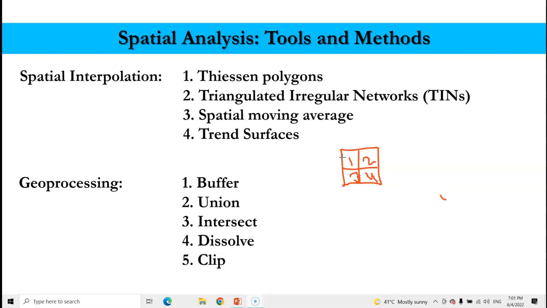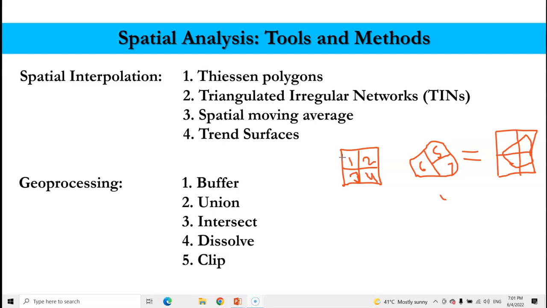These are different classes, and you have another file storing different classes, like 5, 6, 7. When you apply the union, you will get your output in a single file. Both are separate, but you will get the output in a single file like this, and you will get all these values